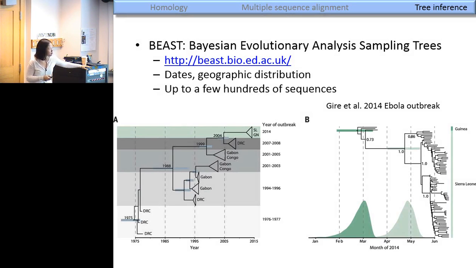This is from a recent paper on the Ebola outbreak. BEAST is very commonly used in infectious disease research, because when you have infectious disease samples, you often have the dates, since you know when the sample was collected. And sometimes you have the geographic distribution. For example, with HIV samples, you know from which person this population of virus diverged. So when you have this additional information, it can constrain a lot of the nodes to be at a certain state or time point